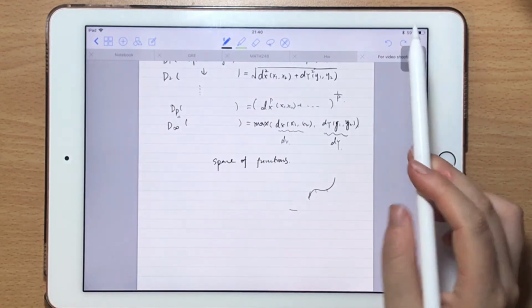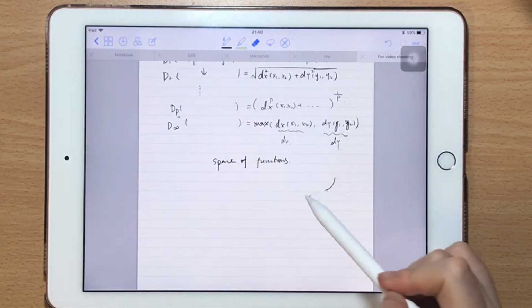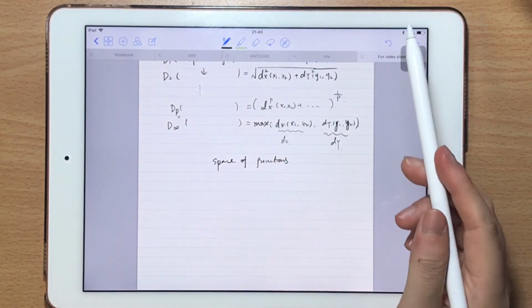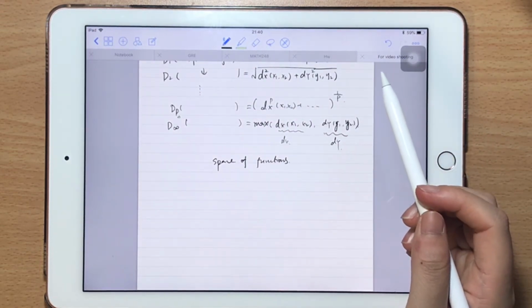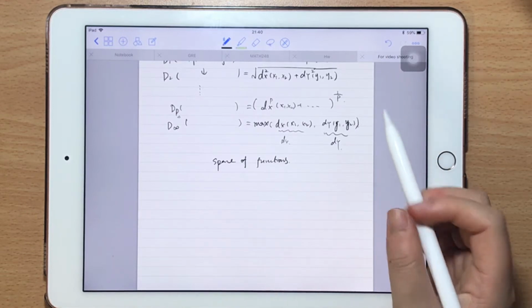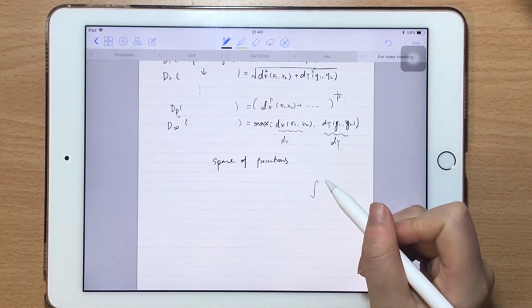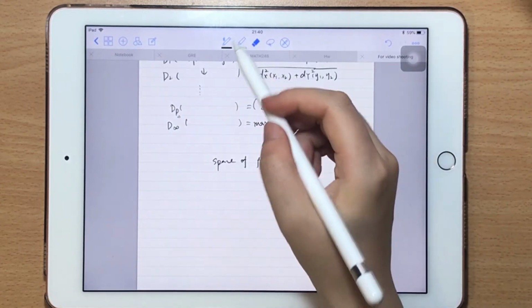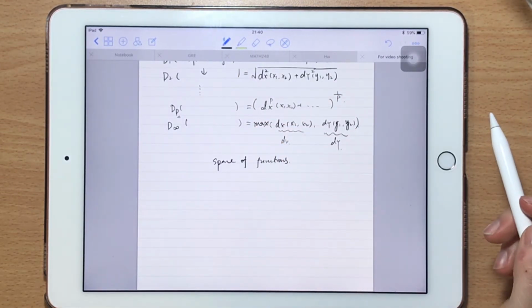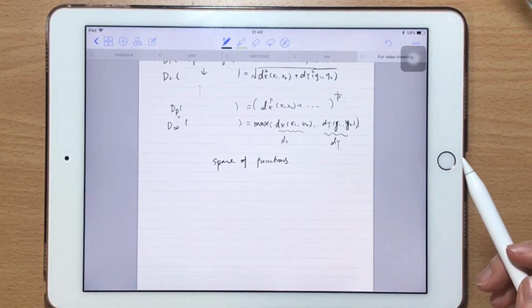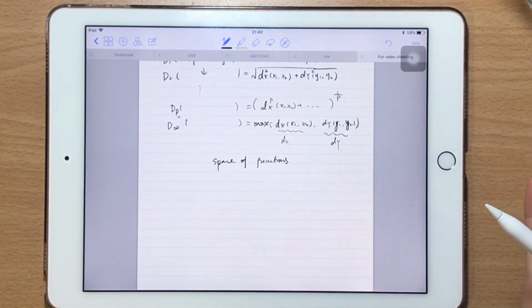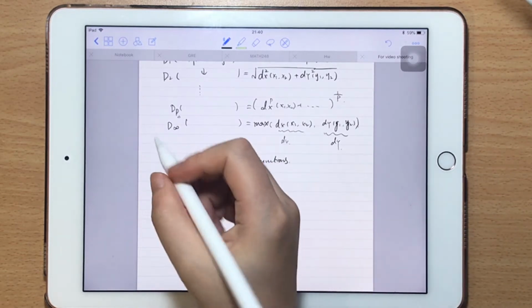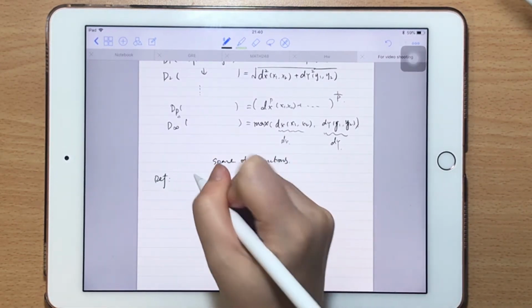Then for continuous points, I think a lot of you will come up with the integral sign, right? We are taking the integral. But the point is, we are taking the integral from which value to which value, and what is the integrand, right? So first of all, we have a small definition saying that,